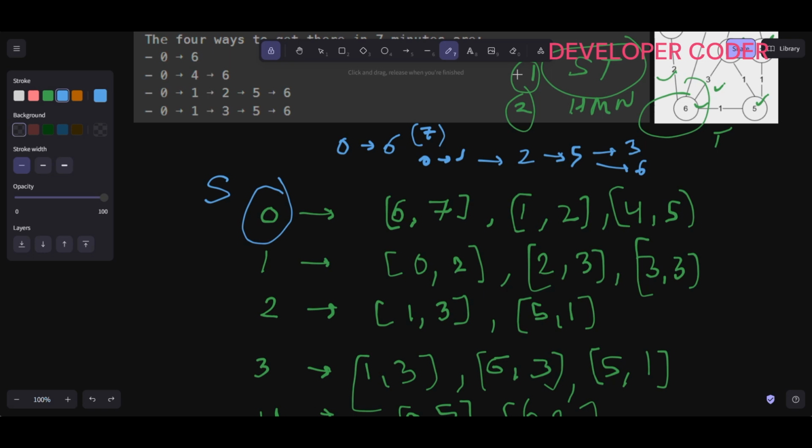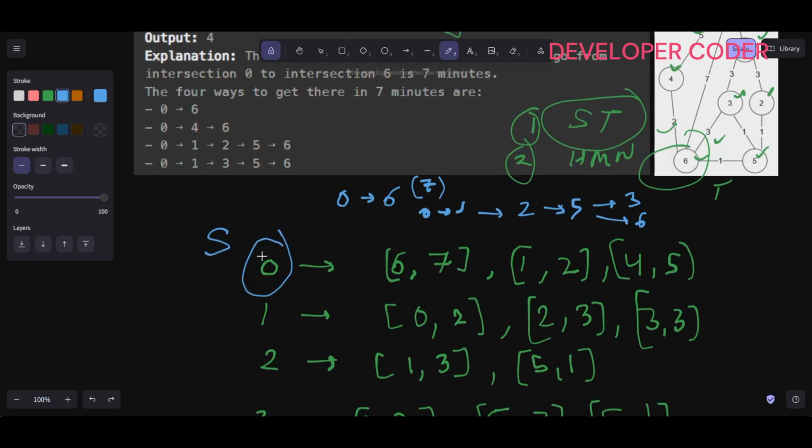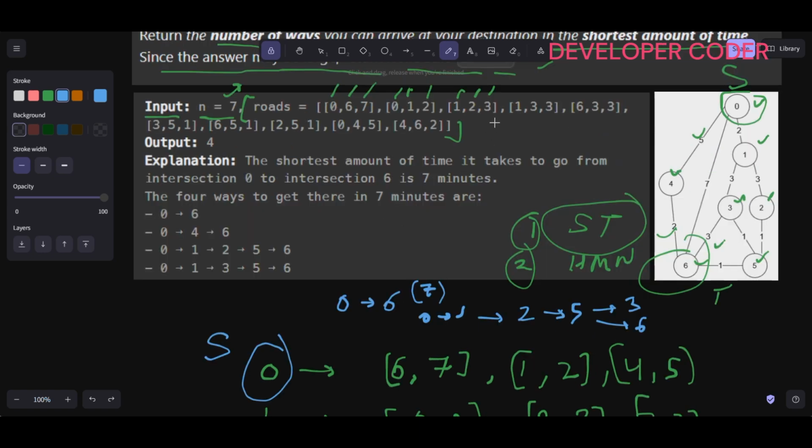Dijkstra's algorithm is the best fit for this problem because it efficiently finds the shortest path from a single source node to all the other nodes in a graph with edges that have non-negative weights. So non-negative weights we have, right? The core principle of Dijkstra's algorithm is that it always expands the currently known shortest path first, ensuring that when we reach a node we do so in the minimum time possible. So let me explain